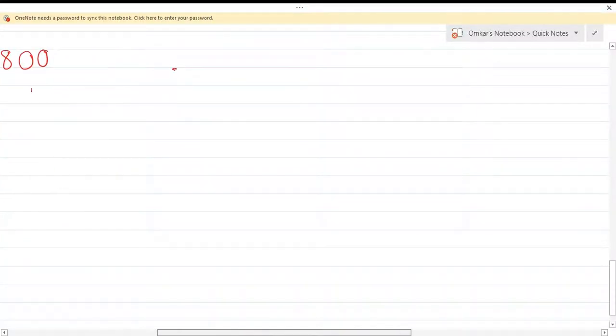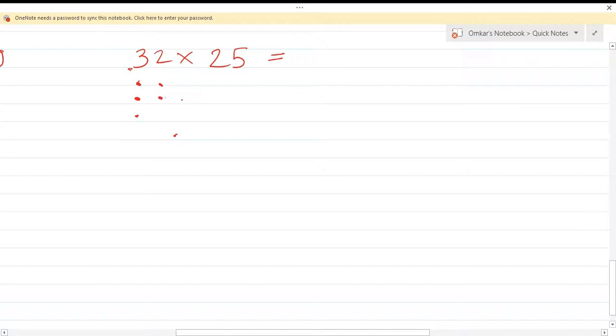Let's take the same example, 32 into 25. Actually, this method I'm not sure whether any of you have seen, because one person asked me whether we can multiply using dots. So I thought, yes, there can be this method. So we have here three dots below 3, two dots below 2, two dots below 2, and five dots below 5. Okay, then we will make groups of these dots only for the second number, not for the first number.